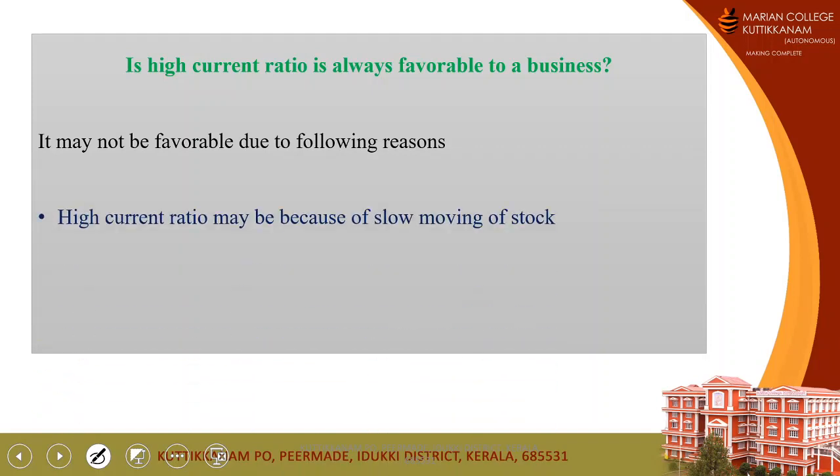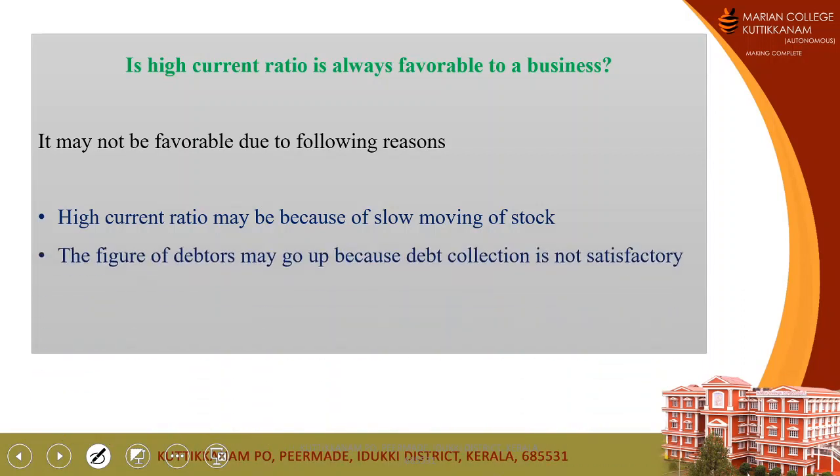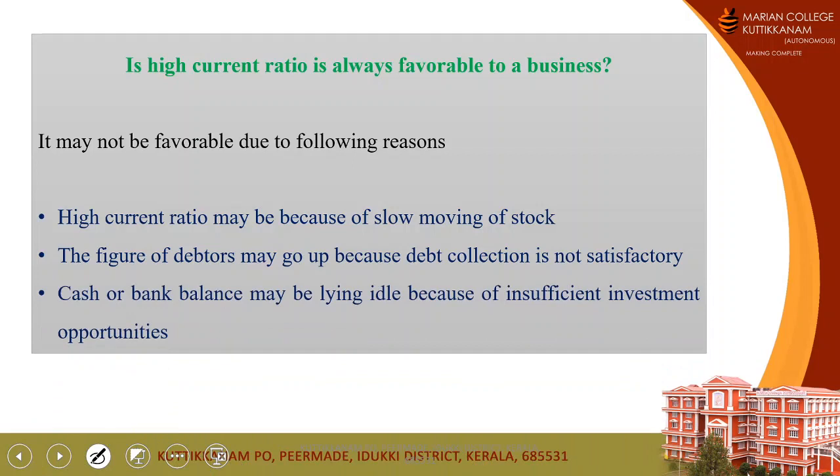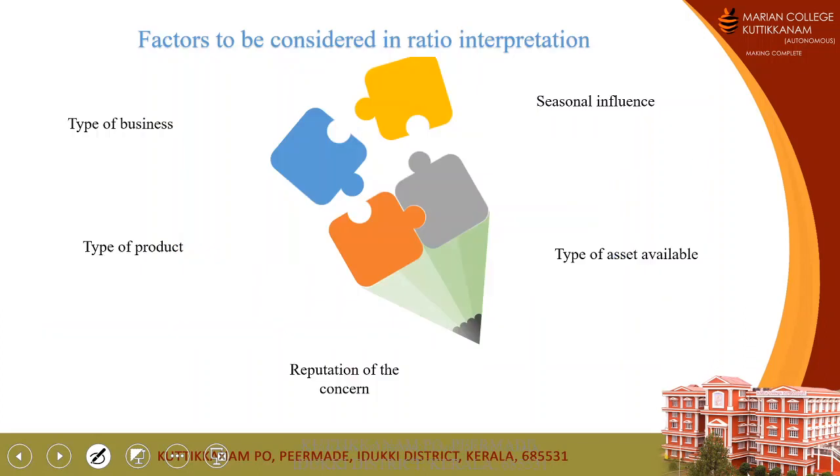High current ratio may be because of slow moving of stock. Then the figure of debtors may go up because debt collection is not satisfactory. Then the cash or bank balance may be lying idle because of insufficient investment opportunities. So before we reach a conclusion, a number of factors need to be taken into consideration, like the type of business, type of product, then reputation of the concern, seasonal influence, and the type of asset available